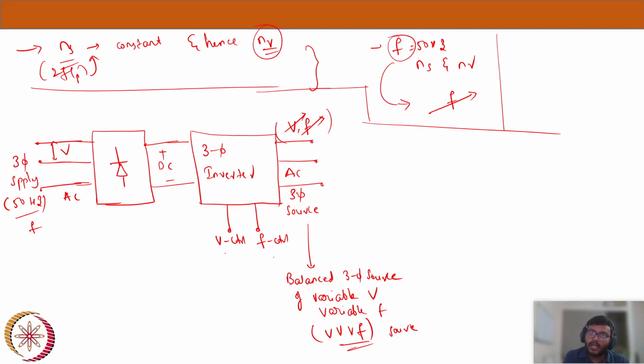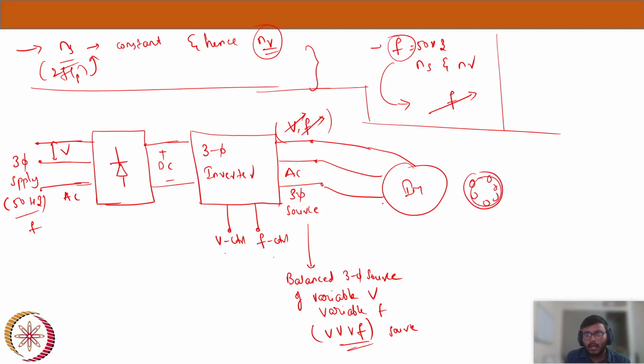Now if I give this supply to my induction machine stator, anyhow, here we will have a rotor, and this is the stator of the induction machine. Now here we are able to supply voltage and frequency which are variable. Now as soon as I have achieved this variation in the frequency, definitely my synchronous speed is not fixed anymore,